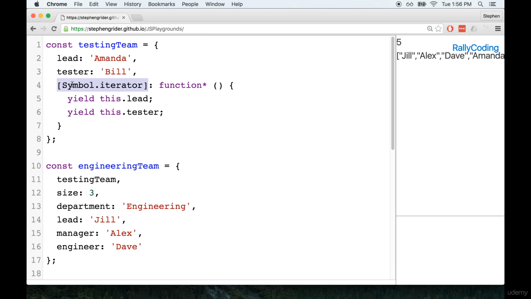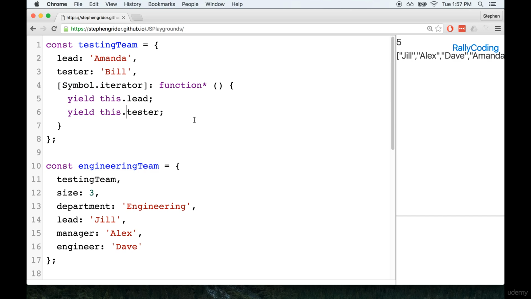With ES6, we can use what is called key interpolation. And so if we want to have a dynamically generated key, we can wrap it with square brackets like so. So these brackets are not forming an array. We can read this entire key right here as just being a completely normal key, just the same as lead and tester are. Then the value to it is our generator function. And we specify that it is a generator specifically by using function star and then the rest of the stuff that forms our generator. So again, the purpose of symbol.iterator is to teach a for-of loop how it should iterate